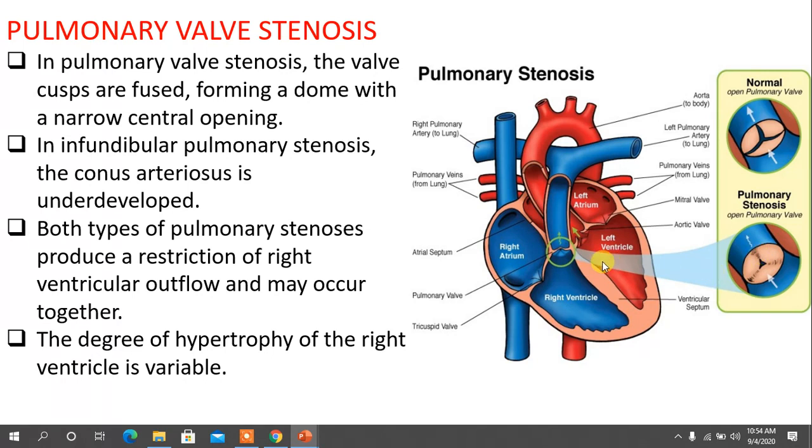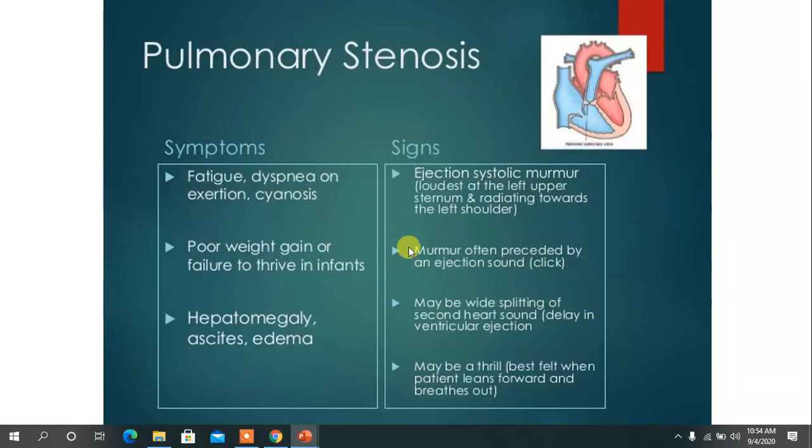It can be at the infundibular region, where the pulmonary artery originates from the right ventricle, due to the conus arteriosus, which is underdeveloped, and it can also occur in the valve. So there are two types, infundibular and valvular. Both types of stenosis produce restriction of the right ventricular outflow, and this will obviously cause hypertrophy of the right ventricle. So pulmonary stenosis presents with fatigue, dyspnea, poor weight gain, failure to thrive in infants,